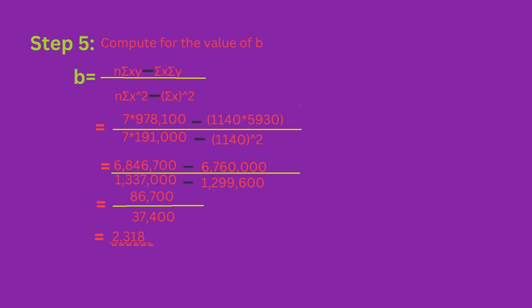So we'll say b is equal to 7, which is our number of pairs of data, multiplied by summation of xy, which is